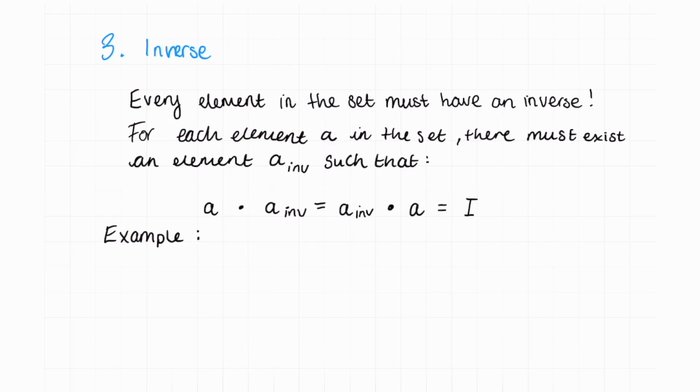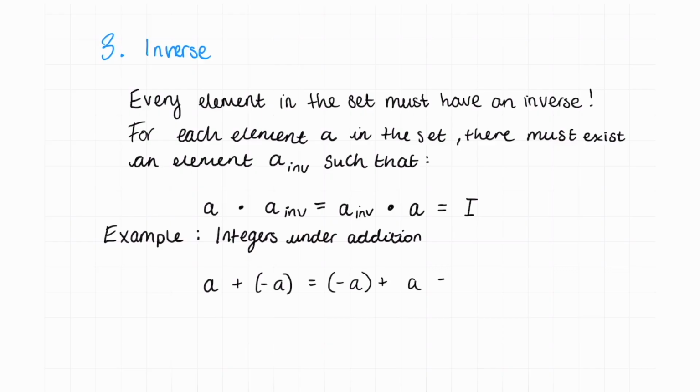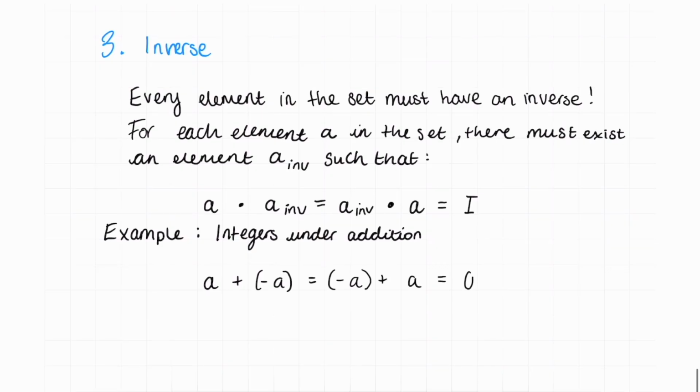And as always, we are going to use the integers under addition. So for this group, the set is integers and the operator is addition. Now, for integers under addition, the inverse element is the negative of that element. So A plus minus A is equal to minus A plus A, which is equal to the identity element, which was 0. So if A equals 5, 5 plus minus 5 is equal to minus 5 plus 5, which